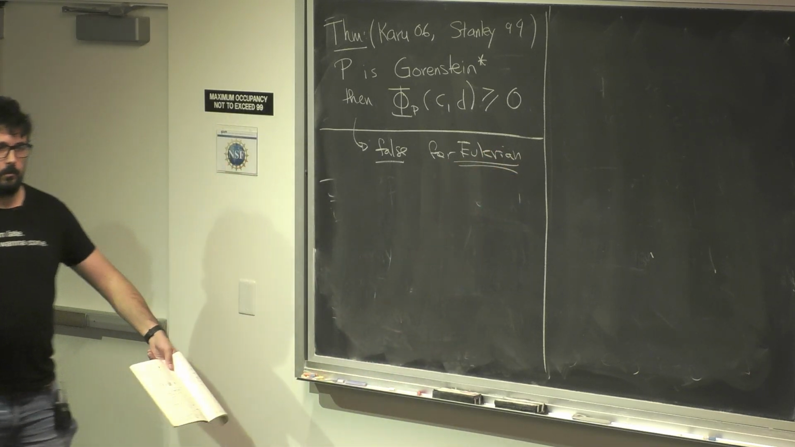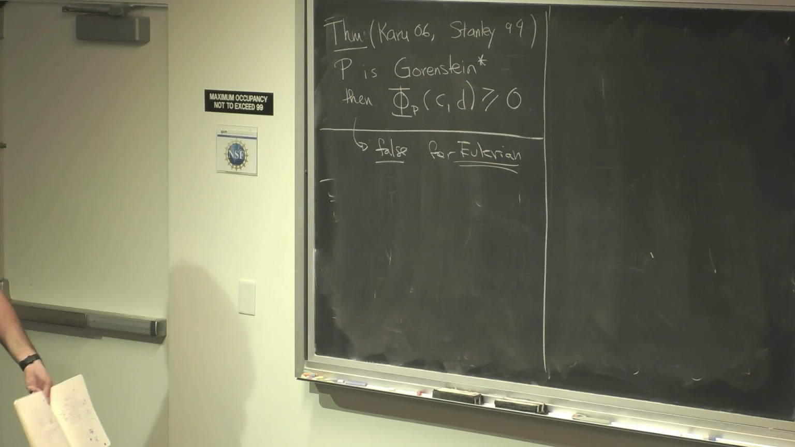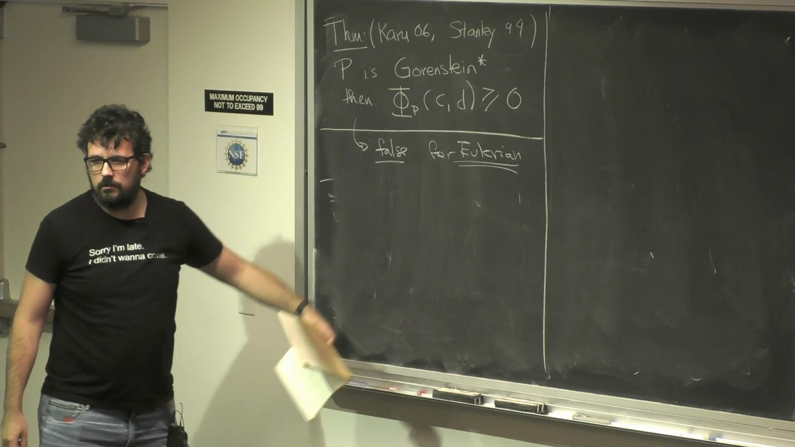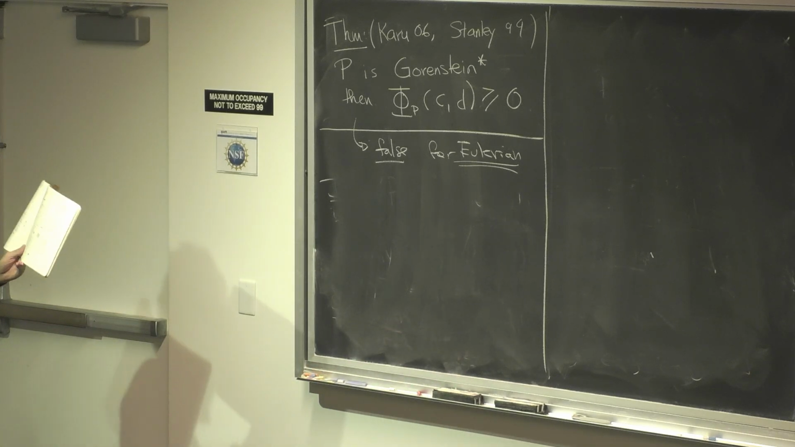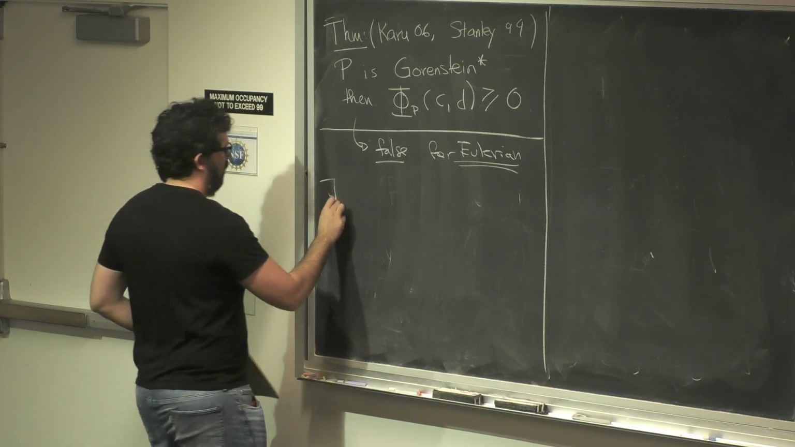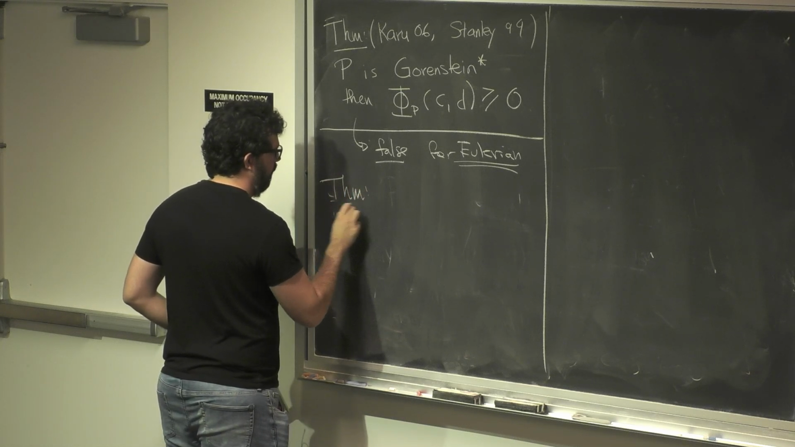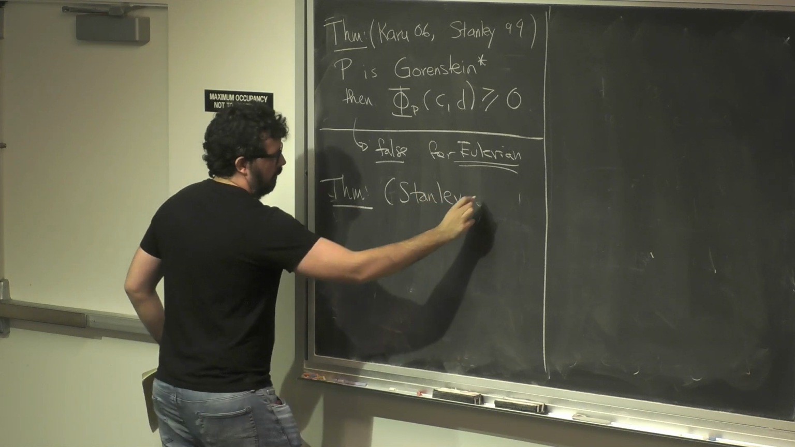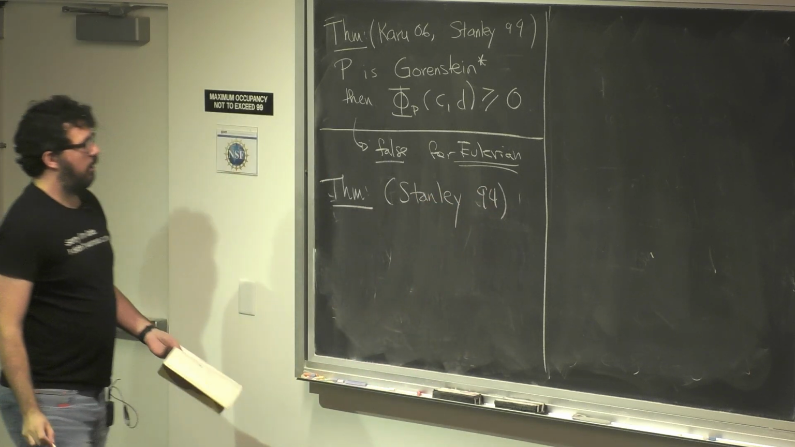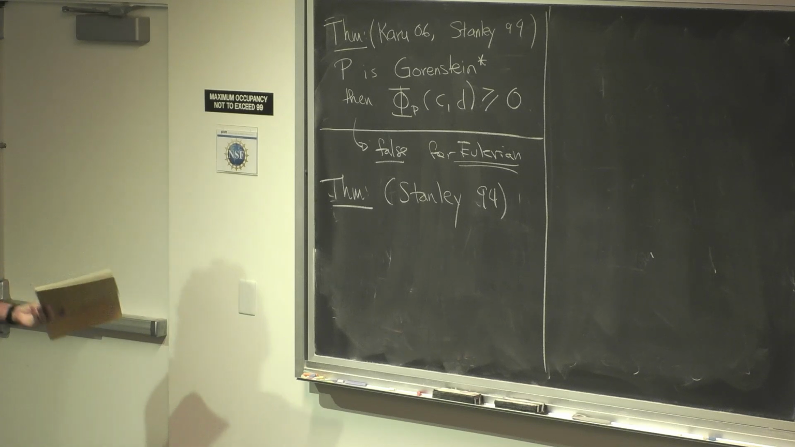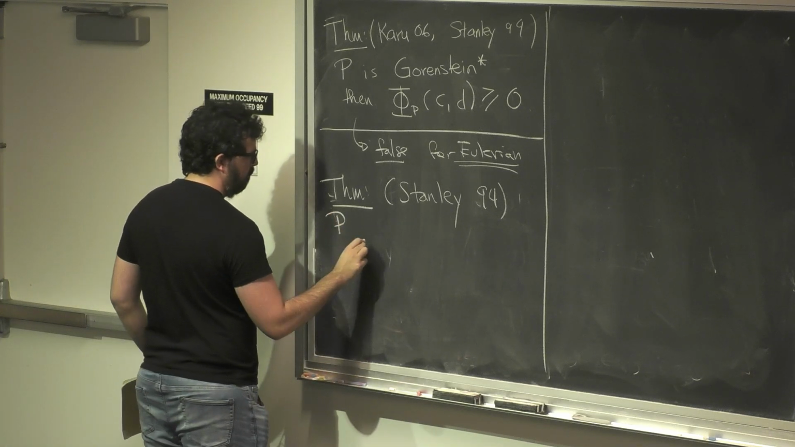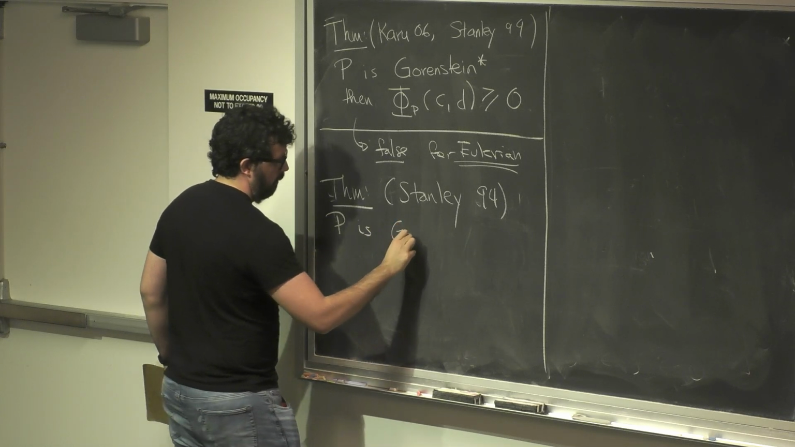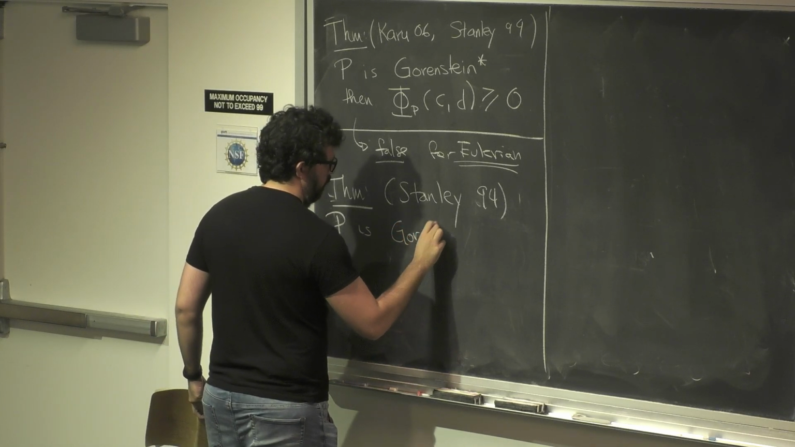So if you go to the broader generality of not having algebraic tools, it's not that you cannot prove it, it's false directly. But there's another very nice theorem by Stanley in '94. And what it says is, well, let's assume that P is Gorenstein